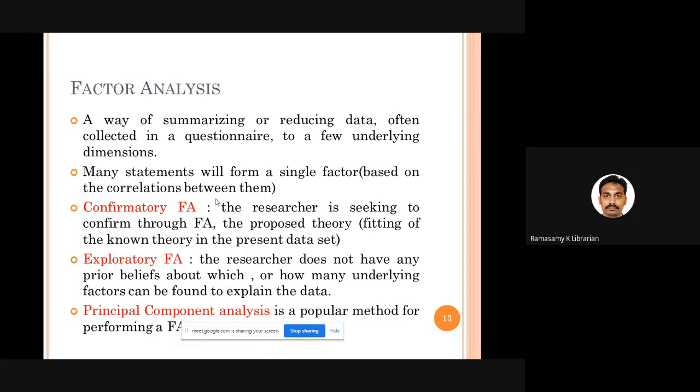Okay, fine. So in factor analysis, we are going to have many statements that combined will represent a particular factor. After that, you can give a name for each and every factor, and every factor may have 4 statements, 10 statements, 6 statements. That all depends on the kind of intercorrelations that exist between the statements. So factor analysis works based on the intercorrelation that exists between the statements.